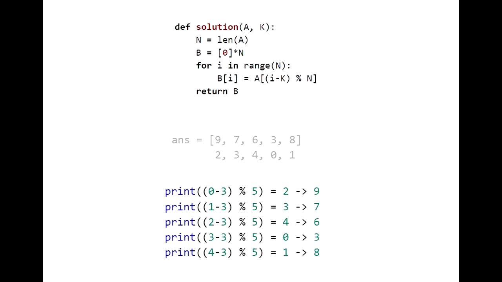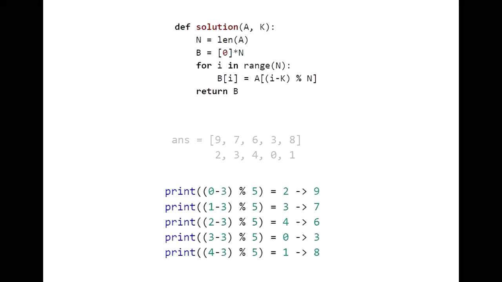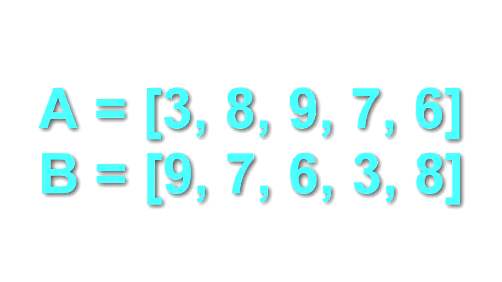With the index number of A, or I, minusing K modulo 5, or its length, it gives us a number. That number tells us the position where its corresponding element of A needs to go. The arranged order it computes is 2, 3, 4, 0, 1. Or 9, 7, 6, 3, 8, the answer we're looking for. By returning B, it's simply returning a new list with new numbers, but not really new numbers. They're the same numbers as A, just going into the places B is telling them.